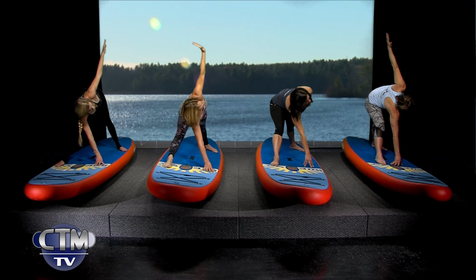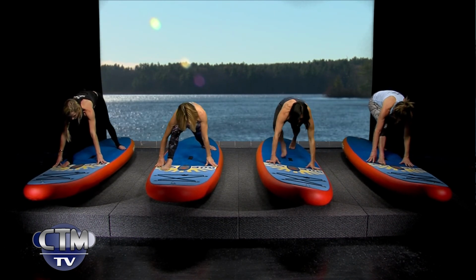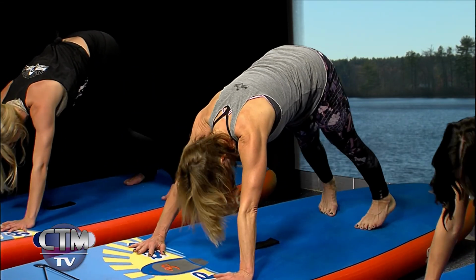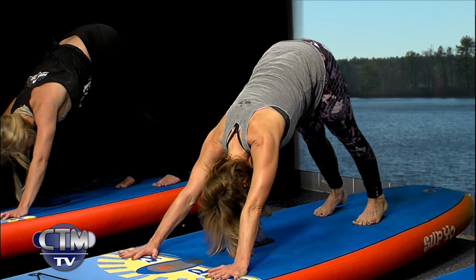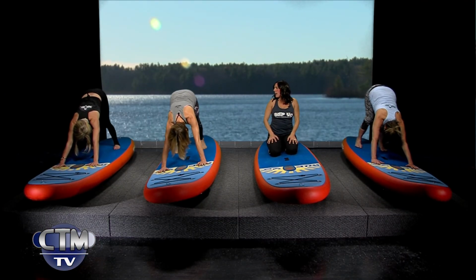On your exhale, bring the left hand down to the board. Come back to a runner's lunge and then back to downward facing dog. Nice job. Make sure you're in the center of your board. So line up your belly button with that carry handle